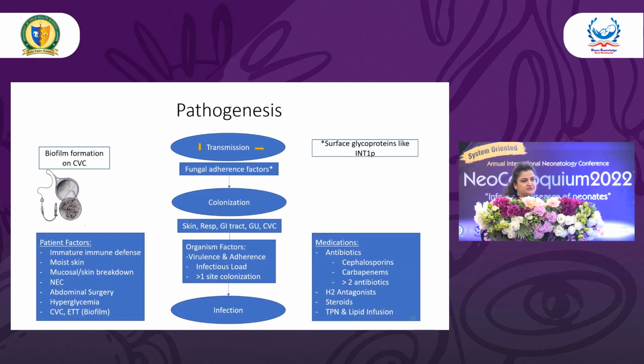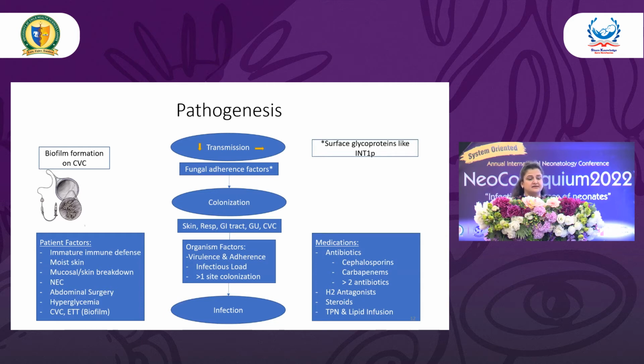Then it is so important to stress on the role of medications that we give as treatment for sepsis to our babies. Particularly to mention here are the third generation cephalosporins. Now, I would just take this opportunity to talk about how we have now resorted to giving third generation cephalosporins as the first line antibiotic for treatment of presumed sepsis. This is really in contrast to the WHO recommendation for giving ampicillin and gentamicin as a first line therapy for naive babies